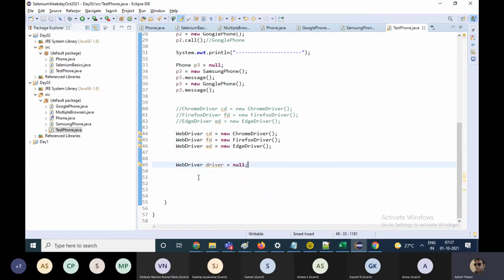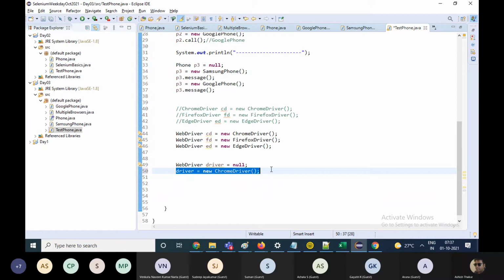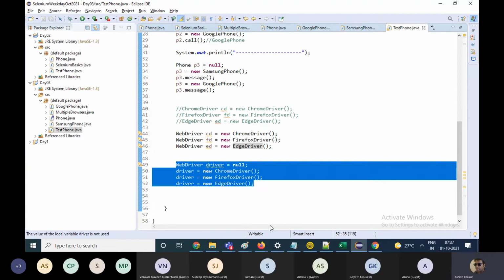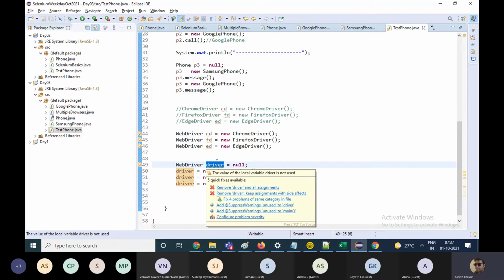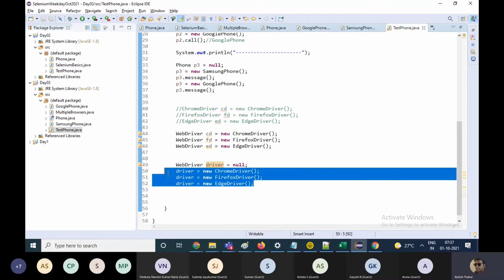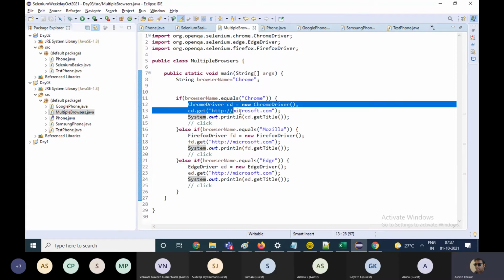And based on my choice, I can make driver point towards object of Chrome driver, or based on my choice, I can make driver point towards object of Firefox driver or Edge driver. It is my choice. So interface reference gives you the choice to which browser driver or which driver you need to connect to. And that advantage we can take out here.